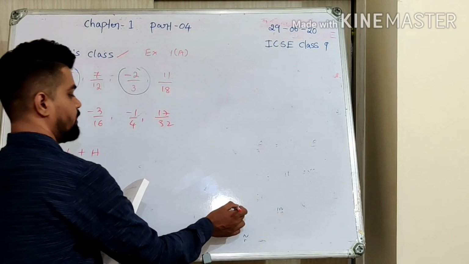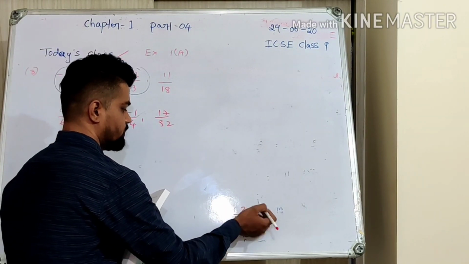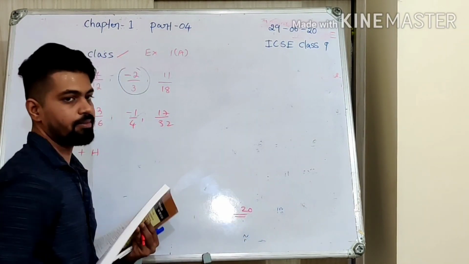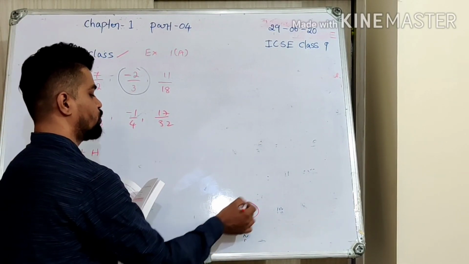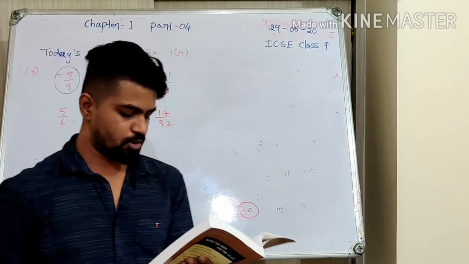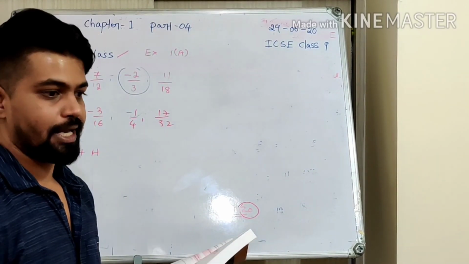Where I was only writing 1.2, I stopped there. After that it was 0 something, so I made it approximately 1.2. Right. But here you have to take 2 decimal places, accurate to the 2 decimal places. So I expect you to do this.